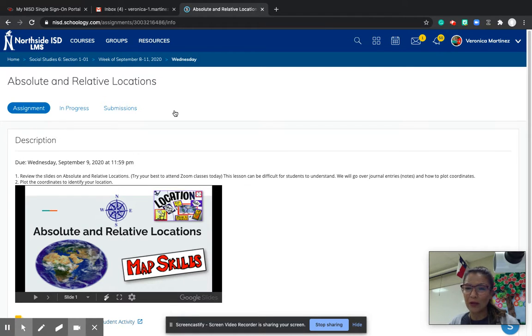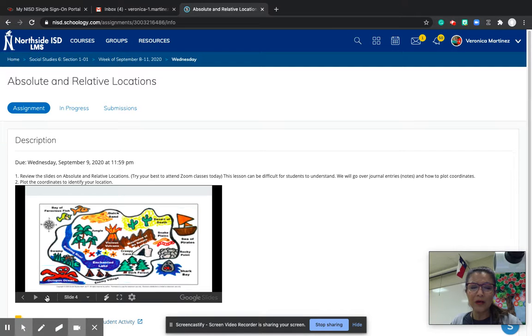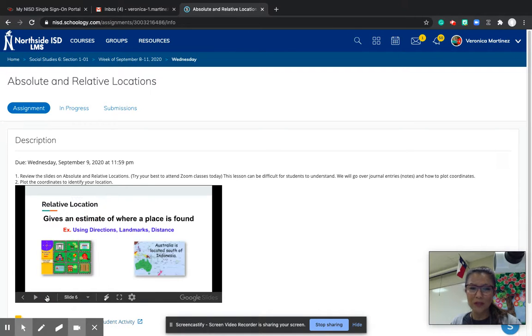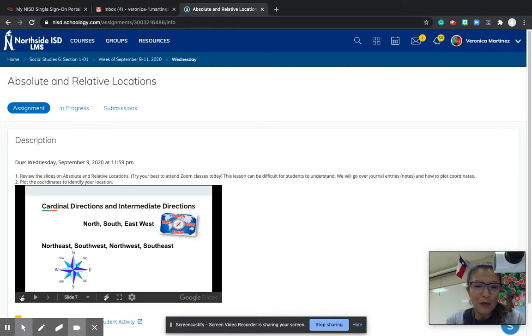It's about coordinating plots. And though a lot of you may have amazing math skills, sometimes when we're talking about absolute and relative locations, it can be a little confusing because of how you work with latitude and longitude. So we're going to do a little assignment together. We're going to have a little breakout session where we're going to talk about how cardinal directions really affect latitude